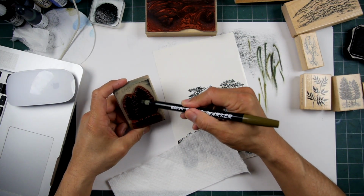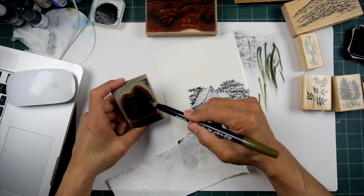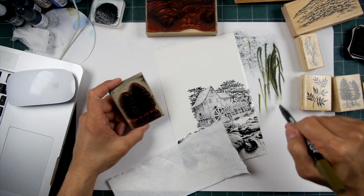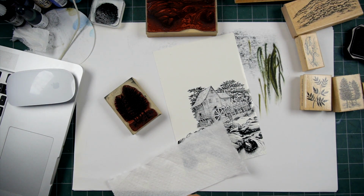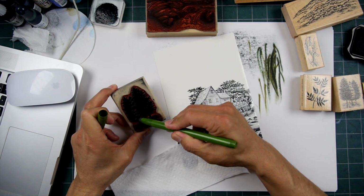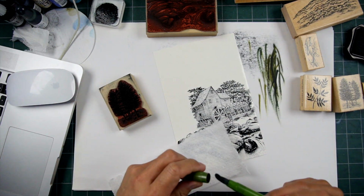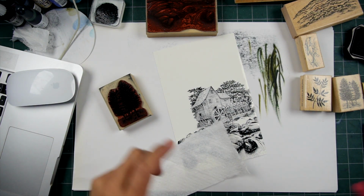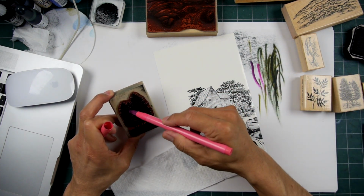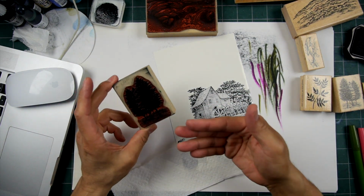Okay, so this is the tree cluster large stamp. This is also included in nature set number 7 with the chapel large. Okay, same thing. I'm putting some greens into these trees here. There's a deciduous tree in between these two evergreens, so the deciduous one, hopefully, right in the middle there, will have some kind of pink blossoms or something like that. So yeah, I am drawing right onto that black with the pink there. It won't be a pure pink, but it'll just give me kind of a head start in terms of the